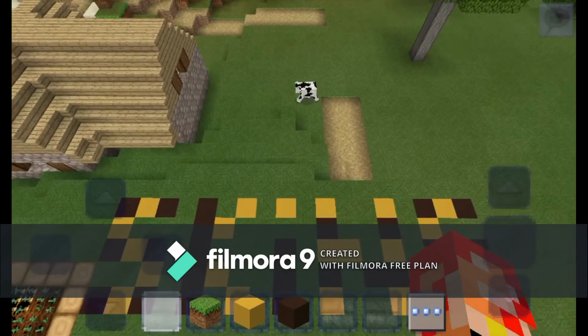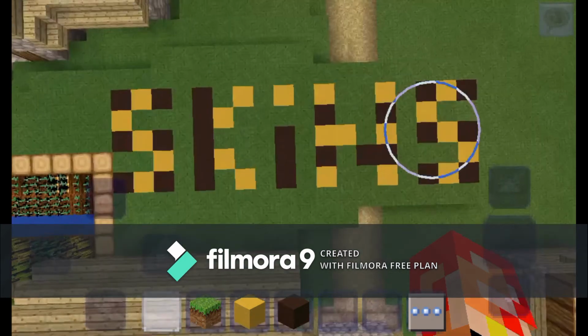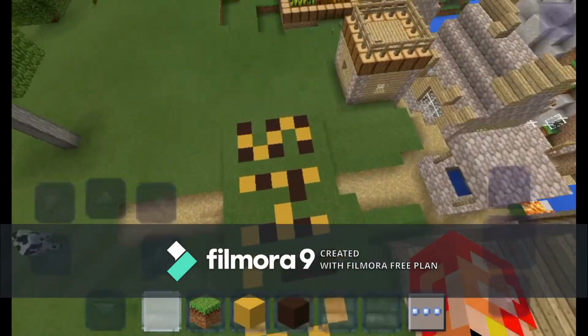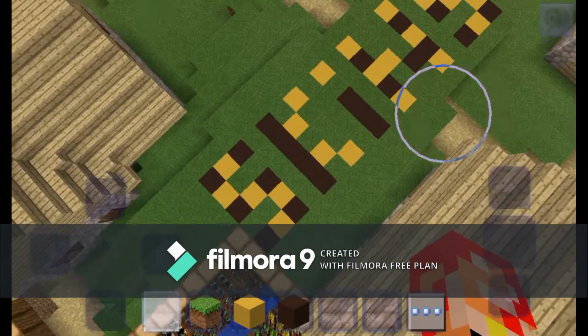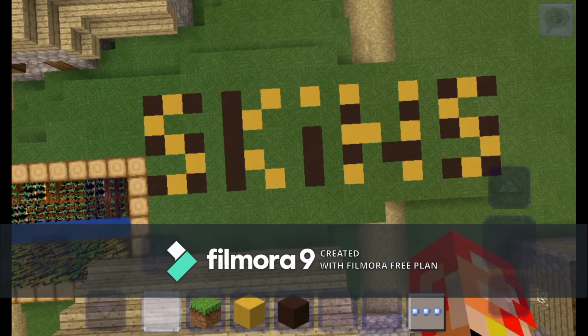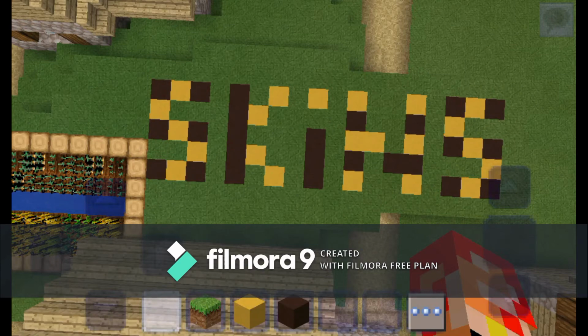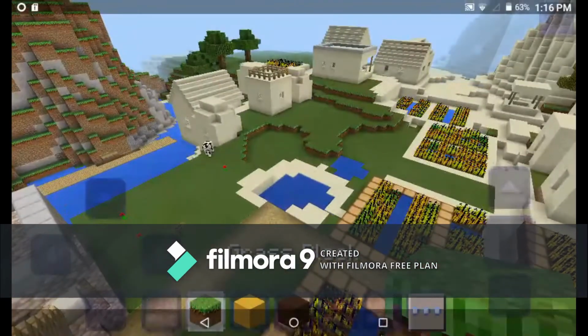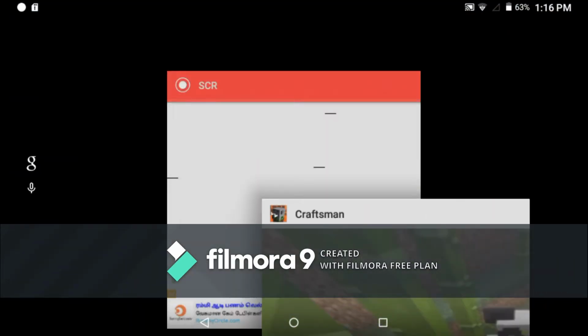And in today's video, we are gonna see how we can create, install and change skins in Craftsman as well as in MC. Well, changing skins is as easy as that guys. Now let me just explain to you how to create, install and change skins. So this is a complete tutorial about skins in Craftsman. So let's hop back into some of the apps which I suggest you install before creating some stuff.